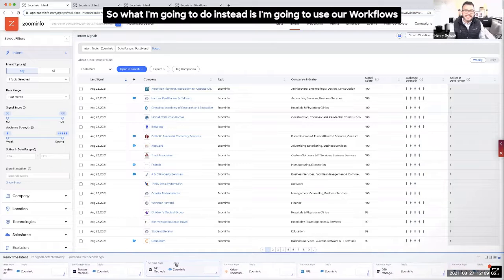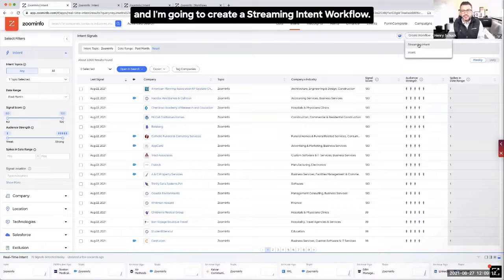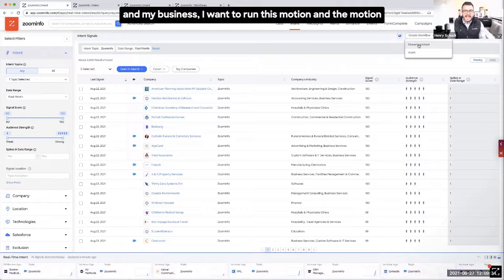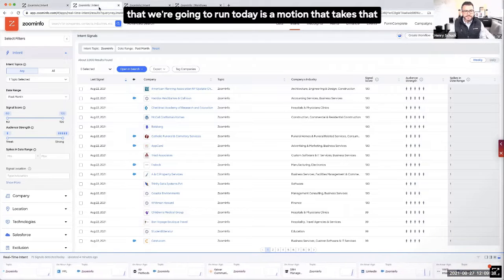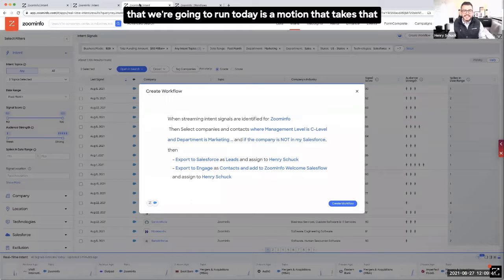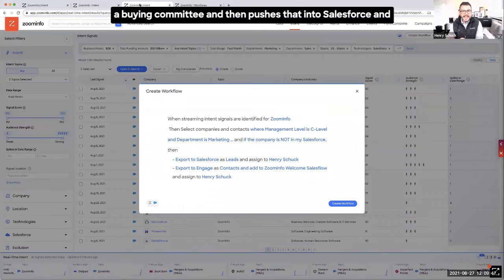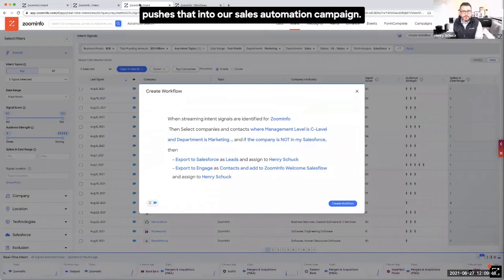So what I'm gonna do instead is I'm gonna use our workflows functionality, where I just click here to create workflow, and I'm gonna create a streaming intent workflow. When a company is spiking on a topic that's relevant to me and my business, I want to run this motion. And the motion that we're going to run today is a motion that takes that company that's spiking on intent and then combines it to a buying committee and then pushes that into Salesforce and pushes that into our